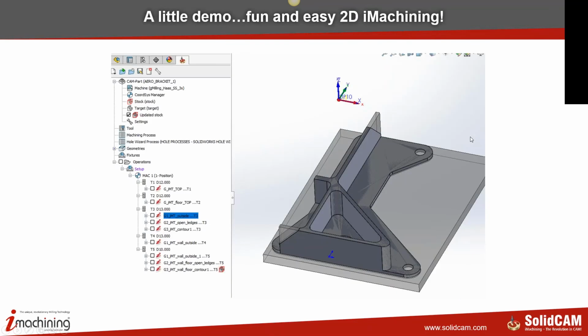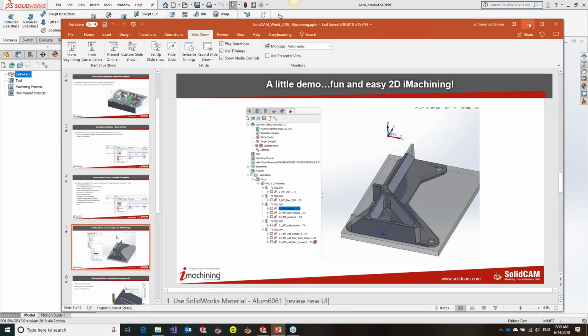Okay, so at this point, I'm going to do a little demo using iMachining 2D. Also, some of the new things we've done in SolidCAM 2018, I'm going to go over even outside of iMachining. This is my way to show how easy I think it is to demo 2D iMachining now, and to give everybody a view of how you could demo the software with all the changes we've done. So let me minimize this